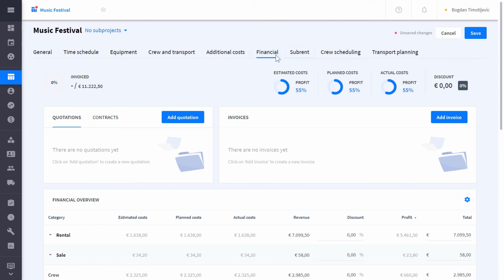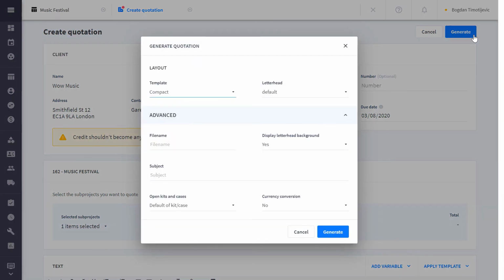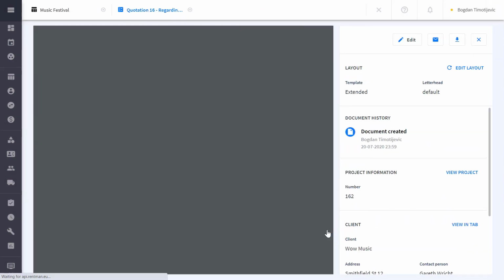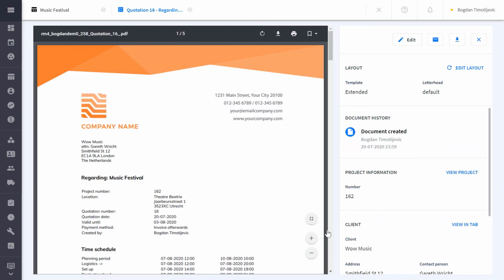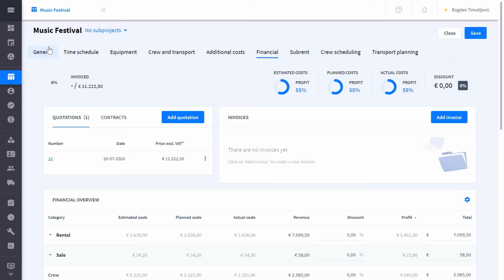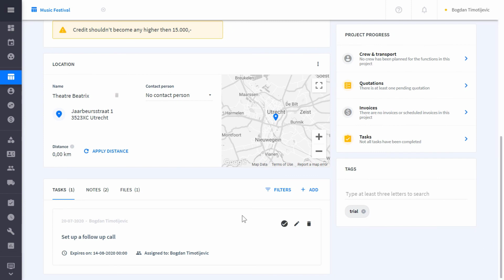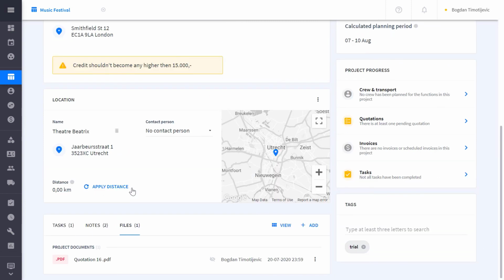Creating documents such as quotations, contracts, or invoices in Rentman is quite simple. When you create documents for each project, the information and layout is set in advance by adding your own letterhead and customizing document templates. Once you need to send out a quote, it will take seconds to create it. Template Editor is included in the license and can be found in the configuration section. All documents created within the project remain attached to the project, so no more losing of important files.